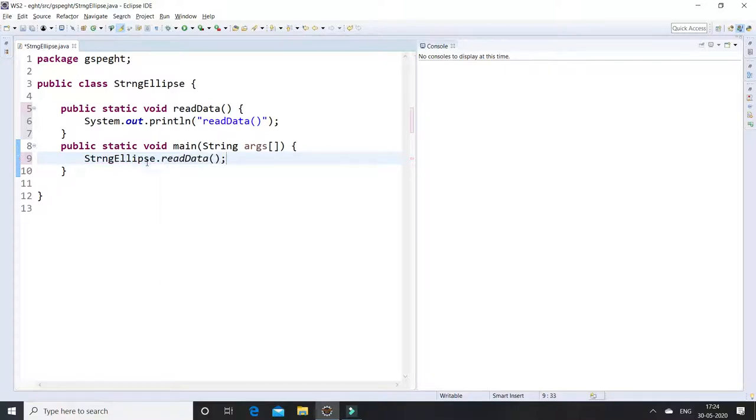The other is to call the same method name directly without creating any instantiation.